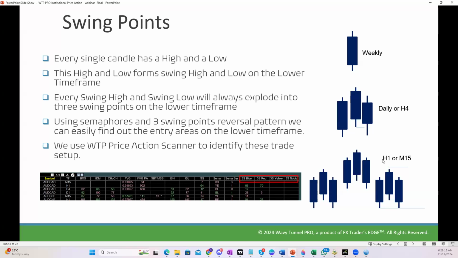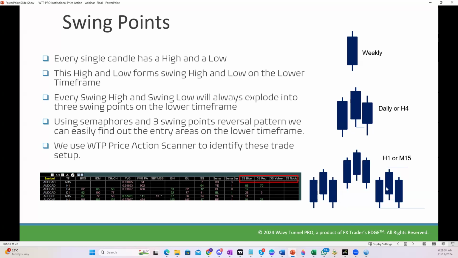And if you go further down into the H1 or M15 time frame, each of those points, like this candle's swing point, is represented by this swing point in the lower time frame, and this candle's high is represented by this swing point on the lower time frame. So just imagine that's the weekly candle when you start your trading, and if you can find this swing high, or high of the week or low of the week, just using this pattern on the lower time frame,